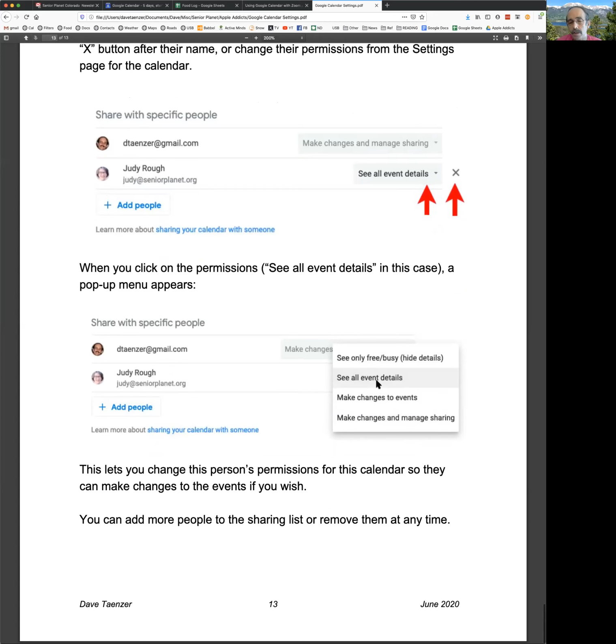Can she just see the events? Can she make changes to the events? And so on. And so in your book group, you may very well want to let other people make changes to the events or add in changes to the calendar. Or you may just want to be the person that adds in new events